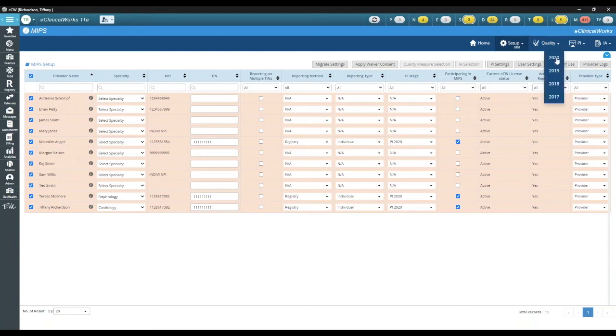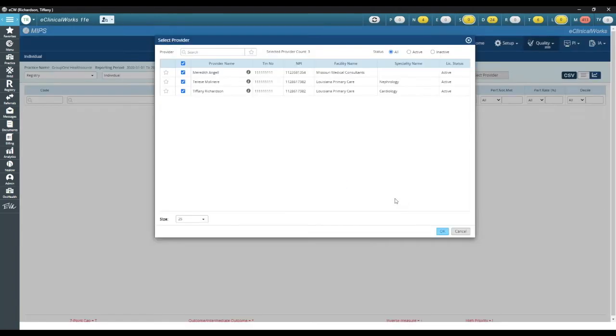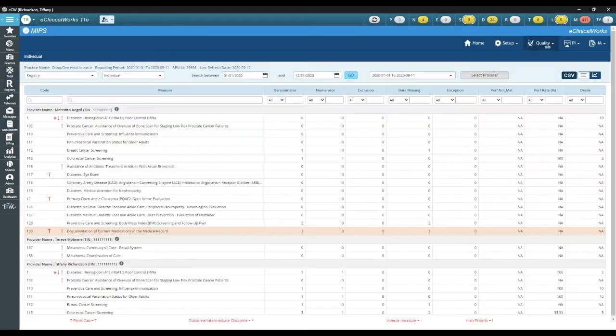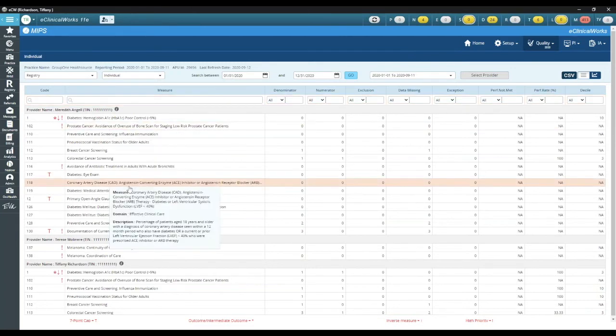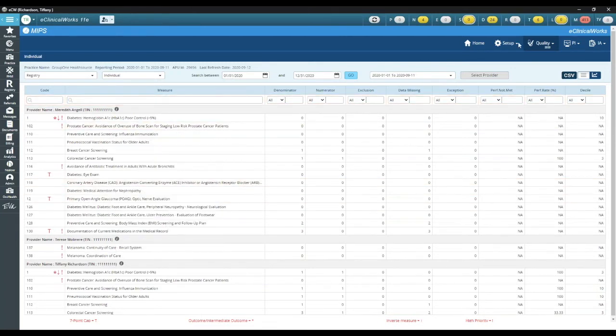The next section we want to look at is the quality measures. So if we select on the quality measures, we can then view the quality measures that have been assigned. And of course, it's going to show me the 3 providers and select OK. And I'll go into this a little bit deeper on what you're viewing here, as well as how to set these quality measures. Because when you set up your dashboard, you go into this quality measure window, it's going to be empty. And so to set that up, you're going to have to go back to setup,